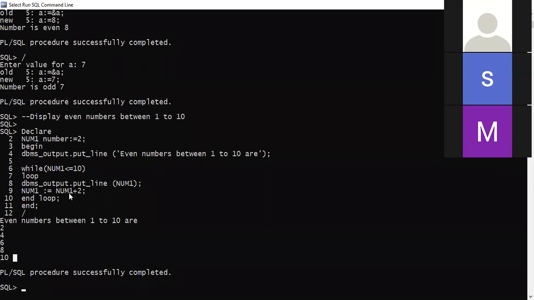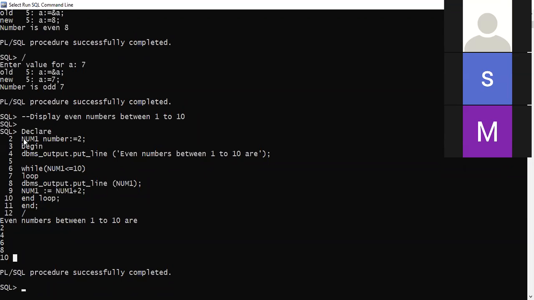Now similarly, in the Word file of today, I have added 2 more programs. That is the same program, now to decrement, or you can say to print the even numbers between 1 to 10 in the reverse order. So to print in the reverse order, what change will I have to make? I will have to go on decrementing the value from 10, 8, 6 like that. Isn't it?